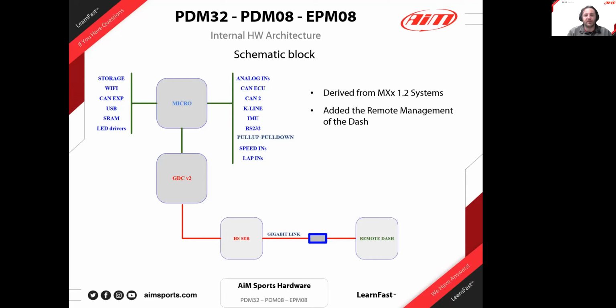This is very, very important for us because the development was moved from one family, what we can define as the dash logger with the TFT, to the PDM module. So we also have the firmware that was tested, and the reliability of the firmware during this year is moved completely in the PDM architecture. Naturally, the PDM has to manage also the power output that we don't have in the dash logger system, and it